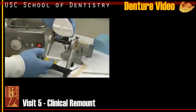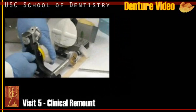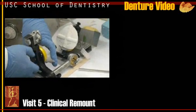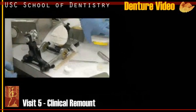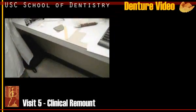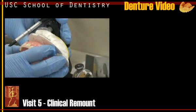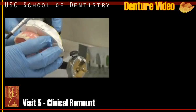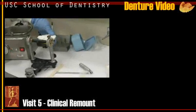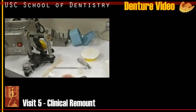You send out to the lab, you set up the teeth, right? And then you do the fast tuning and everything before you send out to the lab. This is supposed to be like this, right? And then this one is the face bow, right? So if you put any rim like this at the bottom, and then you cut the